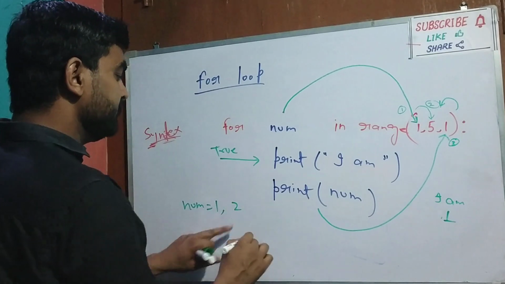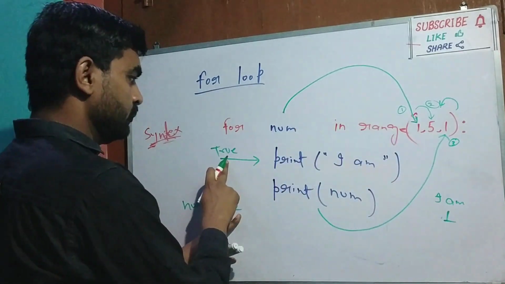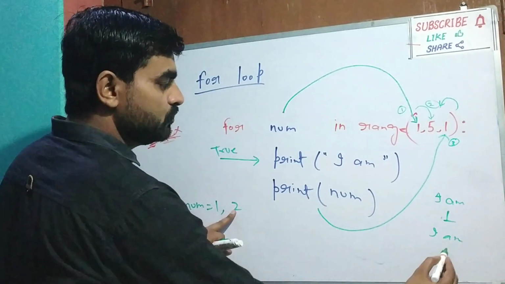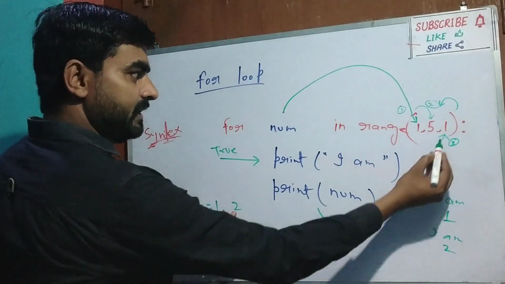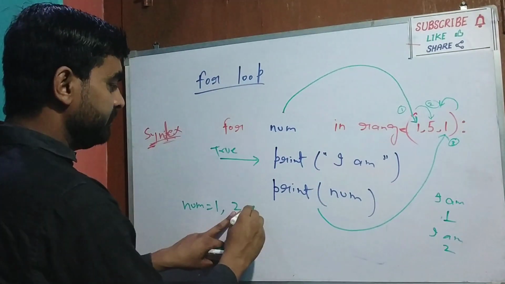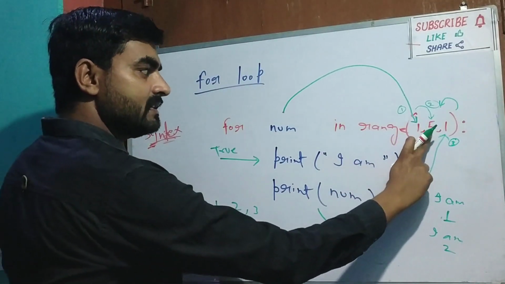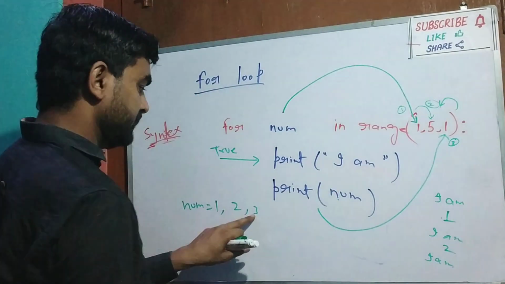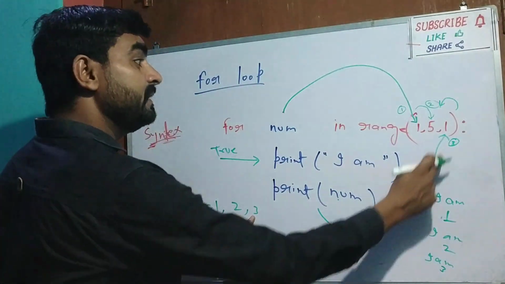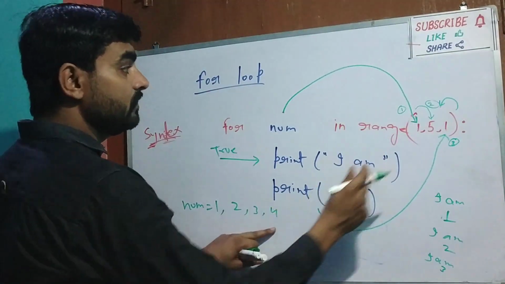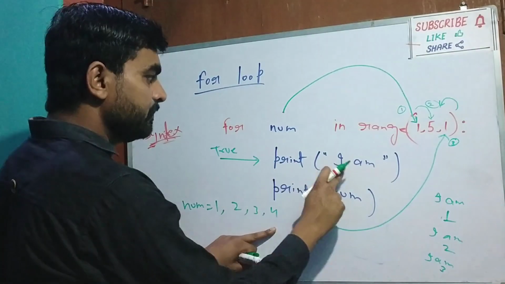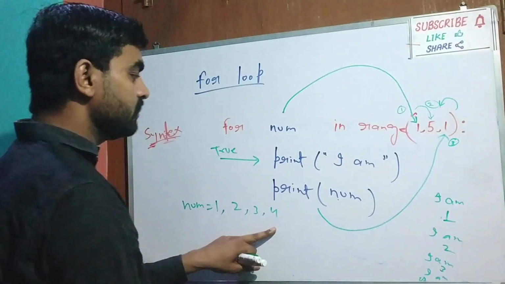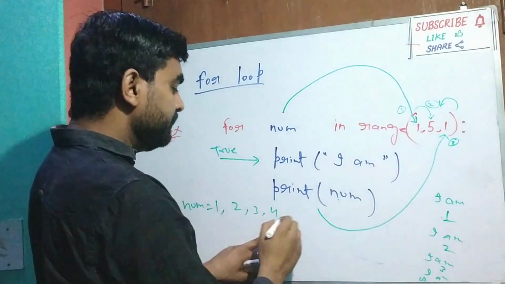The new value of num is 2, so 2 less than 5, true. Then these two lines will happen. I am, again num, the value of num is 2, it will print 2. Again this will happen, and 1 will be added, and it becomes 3. 3 less than 5, yes, true. I am, num, it is 3. Again this will happen, and 1 will be added, and it becomes 4. 4 less than 5, true. Print I am, it will print I am. Again the value of num is 4. Again when this reaches here, it will become 5.